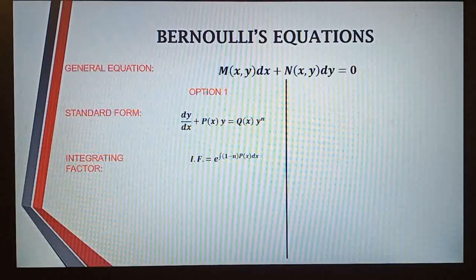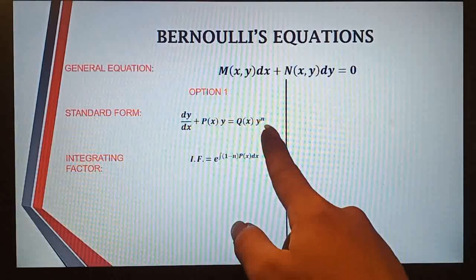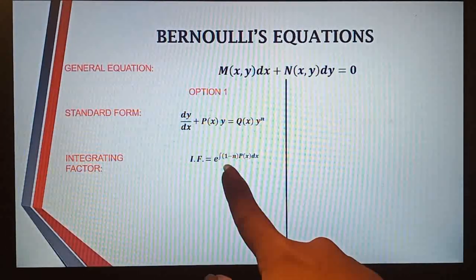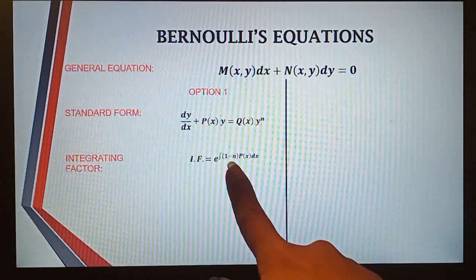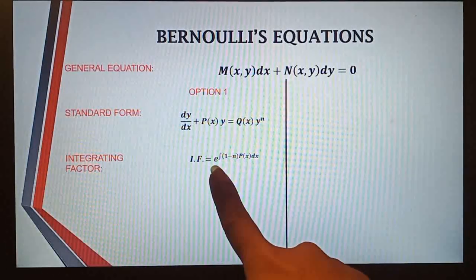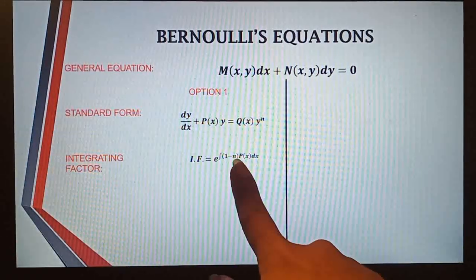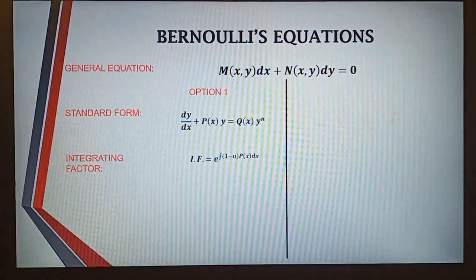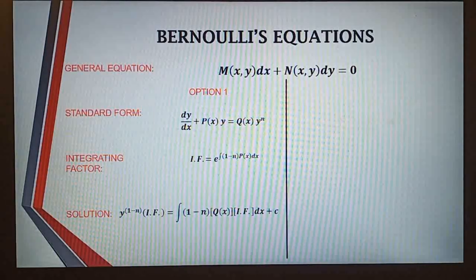gagamitin natin yung y raised to n or the exponent of the y na nakamultiply kay q dun sa equation na 1 minus n. So you need to get the 1 minus n. So our integrating factor is e raised to the integral of 1 minus n multiplied to your p of x, then dx. So after getting your integrating factor, you need to follow the formula for the solution of the Bernoulli's